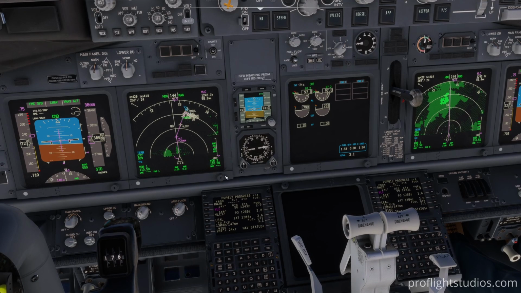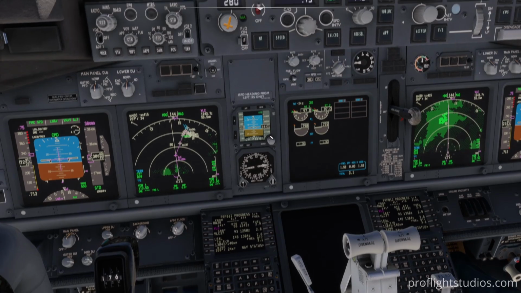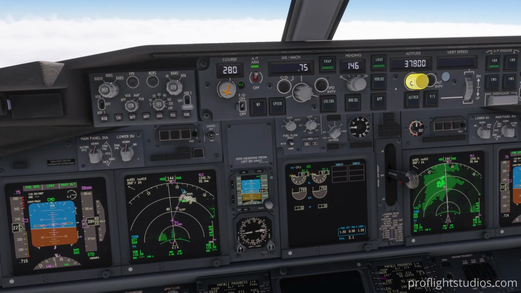Okay, I think that's high enough. So now we're above the profile, as we've mentioned. We'll simulate air traffic giving us a descent now. There are several ways you can do this. Let's say that they've cleared us down to flight level 210. My preferred method in this case is to hit level change,